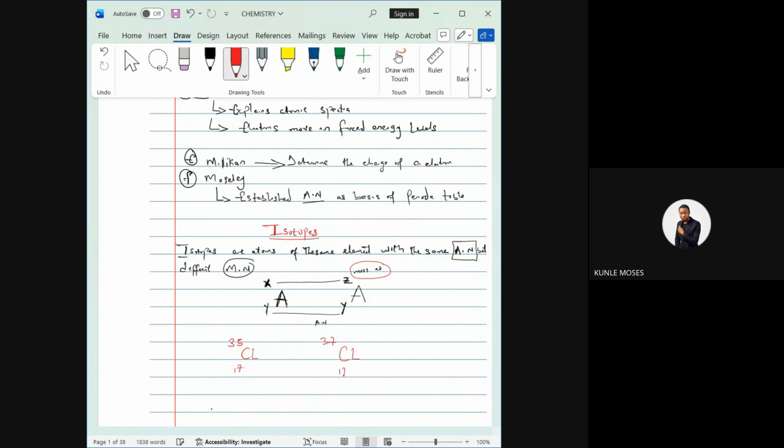So you can see that the mass number of chlorine is not consistent. This is the mass number. From 35 to 37, it has changed. Look at the atomic number. You can see the atomic number is still the same. If they ask to find the proton here, the proton is still 17, right? If they ask to find the neutron number here, it is 18, right? But the neutron number here is 20. You can see the changes that arise from there.